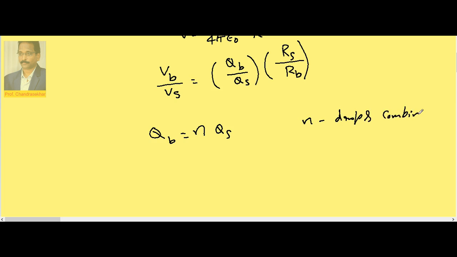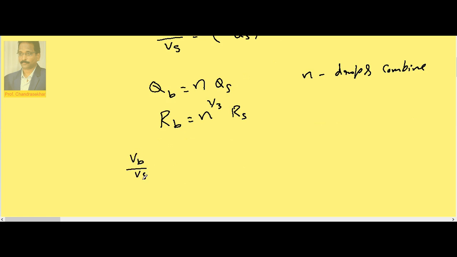If n identical charged drops combine, then Q on the big drop is n times Q on the small drop. Similarly, since volume remains constant, we can prove the radius of the big drop is n to the power of 1/3 into the radius of the small drop. So if I substitute these relations into the above equation,